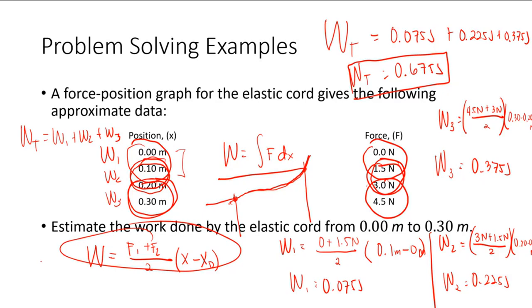So you calculate for the work done on an empty cart. You calculate for the work done on your cart with 1 mass. And then you calculate for the work done with 2 masses. Are we clear with that, guys? Can I get a thumbs up if that is clear?